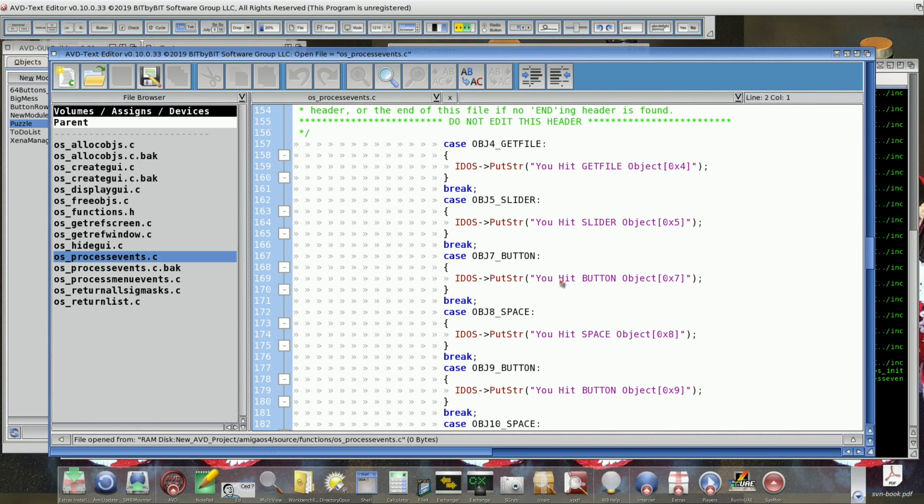Of course, one of the other parts of that design change is because parts of AVD itself are going to go multi-platform, because we need to support a lot more developers out there. There are a lot more developers that have Windows machines, Linux machines, Mac machines, whatever else, and they do their primary editing on that. So if we can move some of these pieces, like the code generation engine, it is going to be written entirely in ANSI standard C, no Amiga specific calls, and because it doesn't need them,